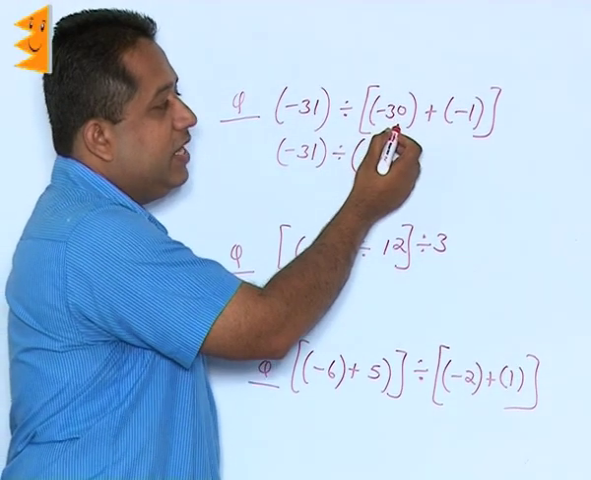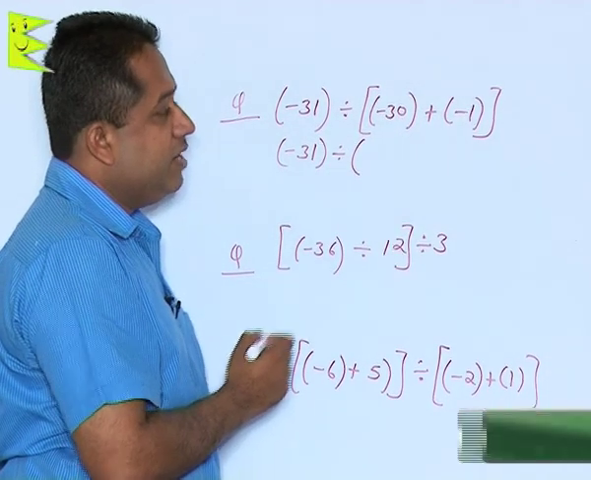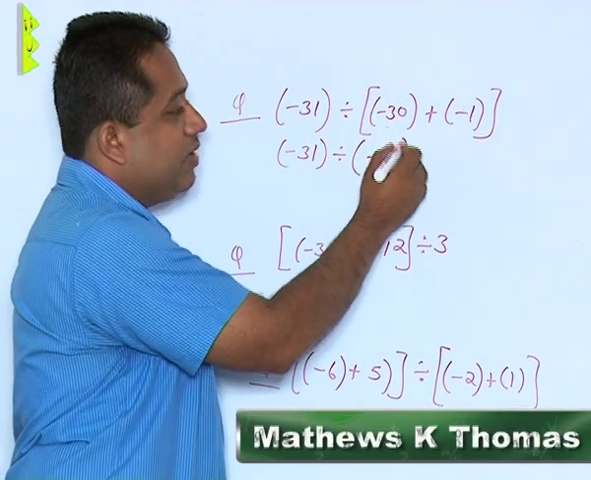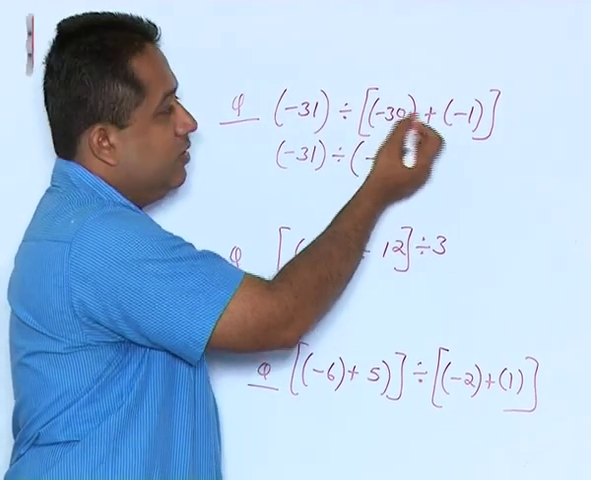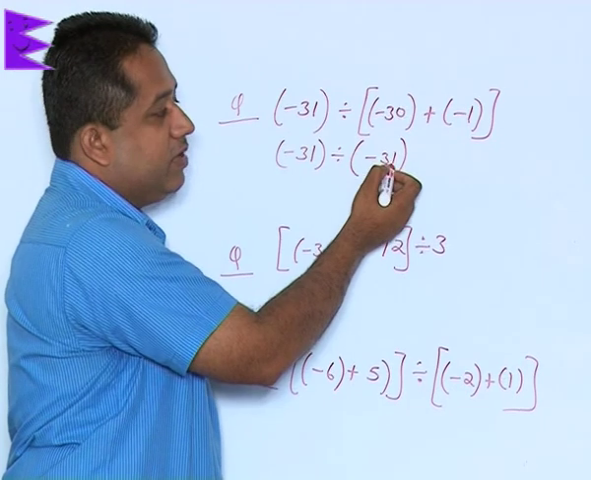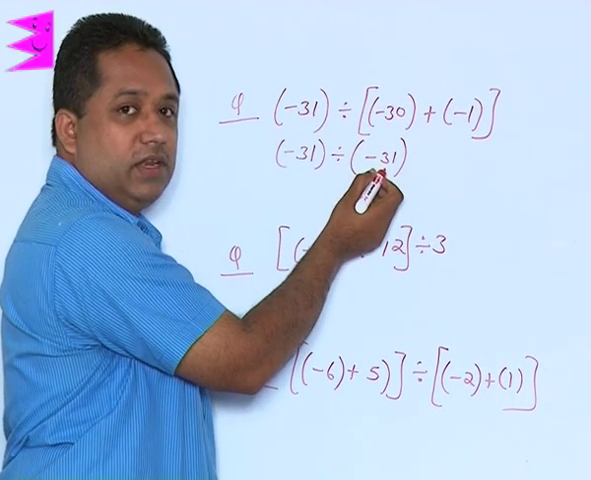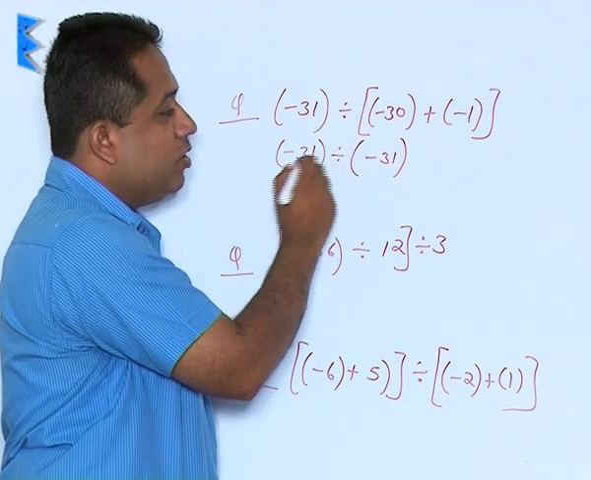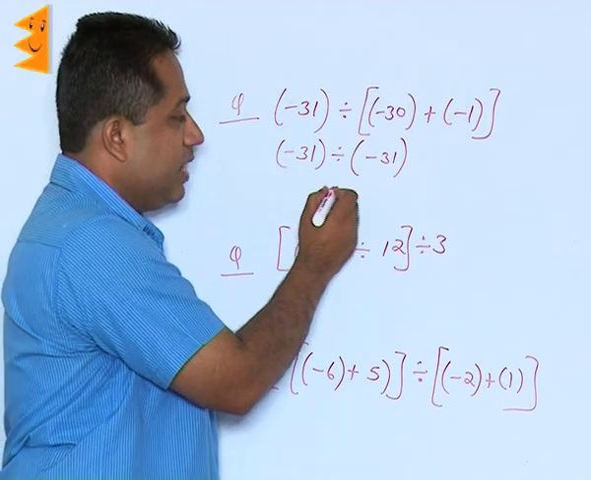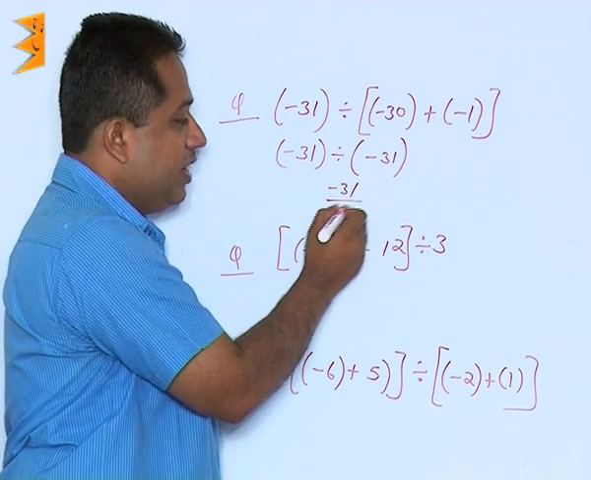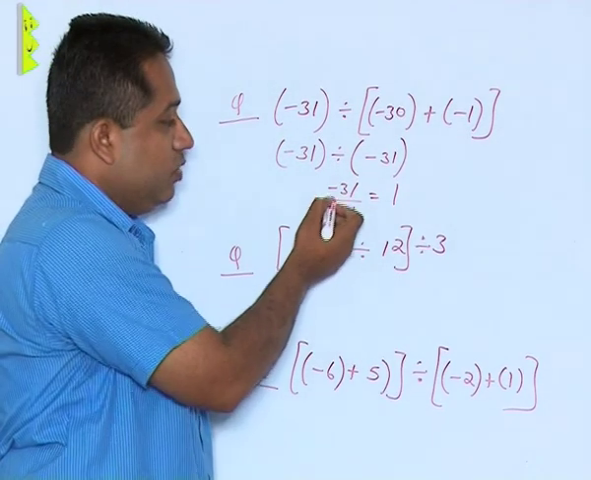So, we have minus 30 here and we are adding it to minus 1. So, minus 30 and minus 1 we will get minus 31. There are two negatives, negative and negative, we are going to add, that is minus 31. Now, here we are having minus 31, here we are having minus 31, and we know that if we divide two quantities which are exactly equal to each other, the result is 1. So, minus 31 upon minus 31, we get the result as positive 1, because two negatives are there, we will